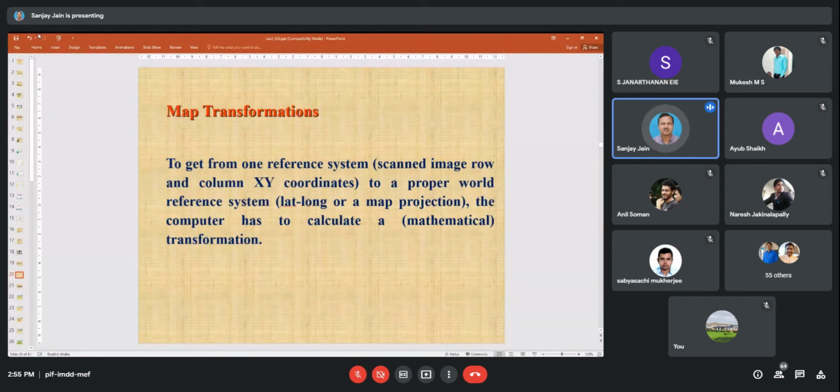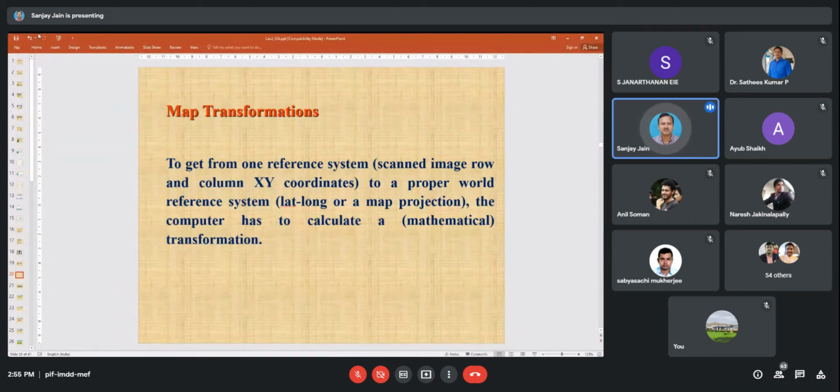Now, once I have converted my data or map into digital form, what will happen? The map which I am having on my table is converted into the system. That's all. Now I can see the same map in my system. So scanning has given that map to my system, and I can visualize that on my screen. But that is not sufficient because that map has certain coordinates, certain XY values. So what I have to do? I have to give that XY value to that map.